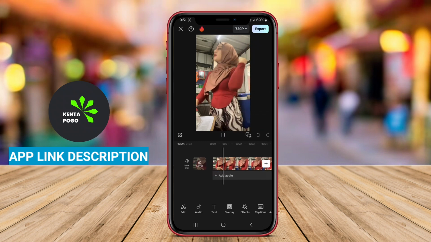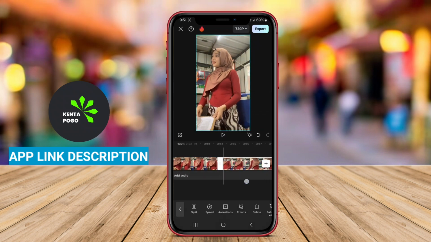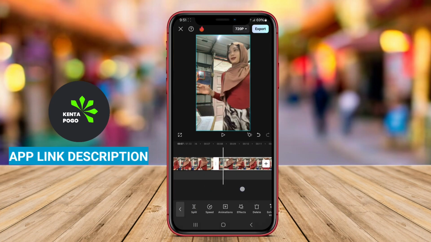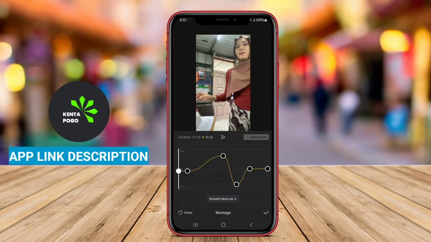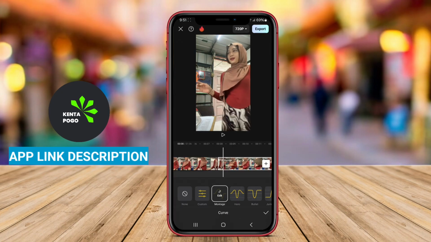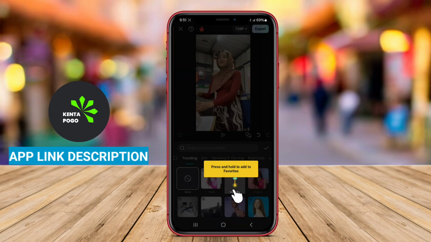Capcut Video Editor is a popular Android application designed for creating and editing videos with a wide array of powerful features. This app caters to both amateur and professional content creators, offering an intuitive interface that simplifies the video editing process. Users can easily trim, cut, and merge video clips, as well as add music, sound effects, and voiceovers to